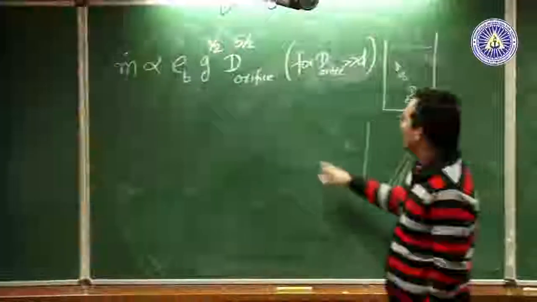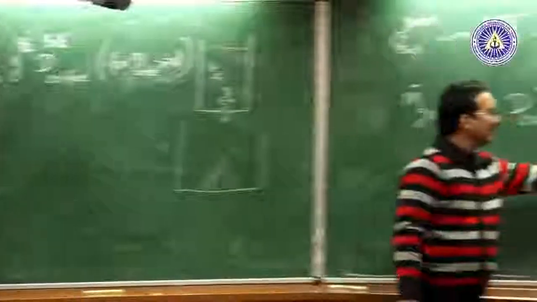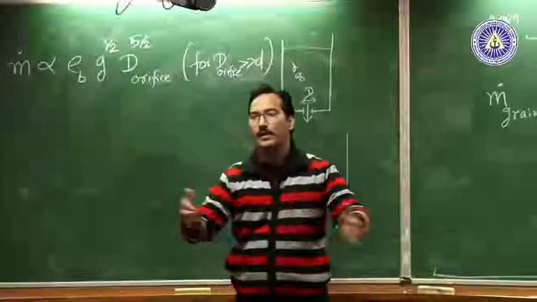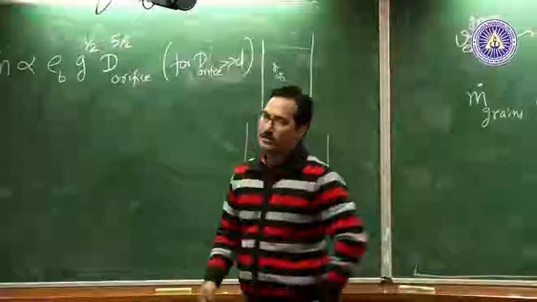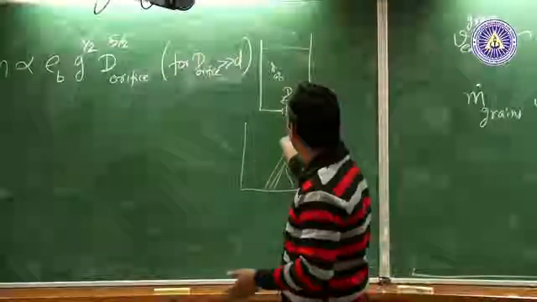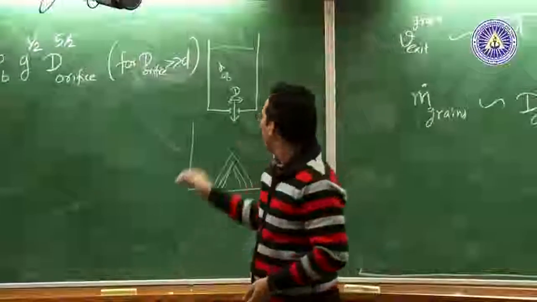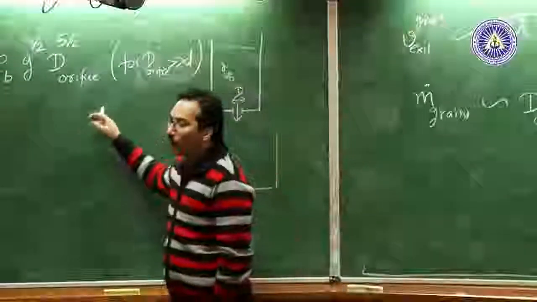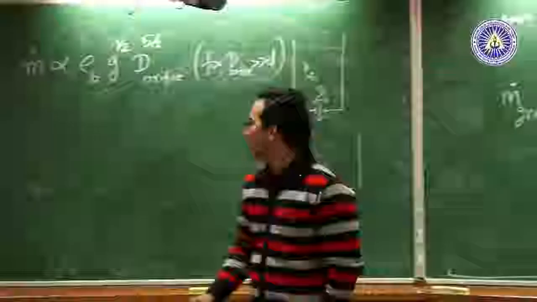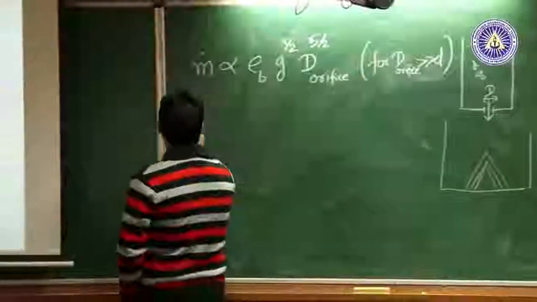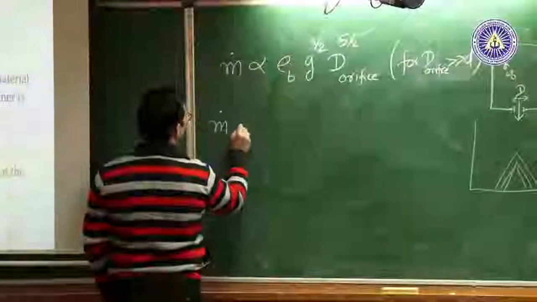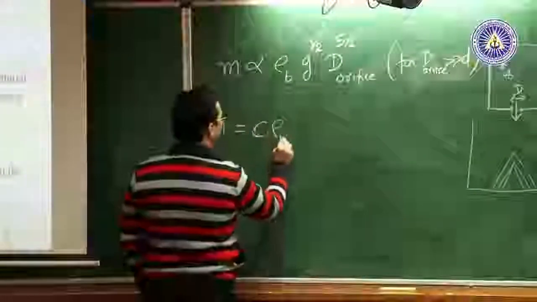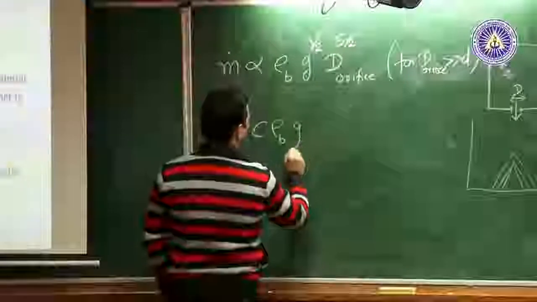So this cylinder diameter does not seem to affect this as long as your diameter is beyond, let us say, 3 times the orifice diameter. So if the cylinder is not really comparable to your orifice diameter, then what you find is cylinder diameter has absolutely no influence. And in fact, what Beverloo proposed was you can have some constant times bulk density, gravity raised to power half,